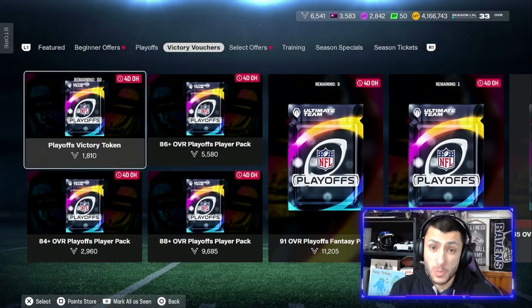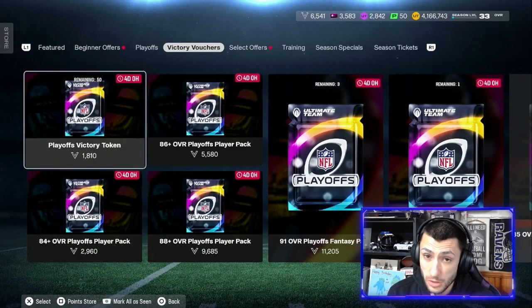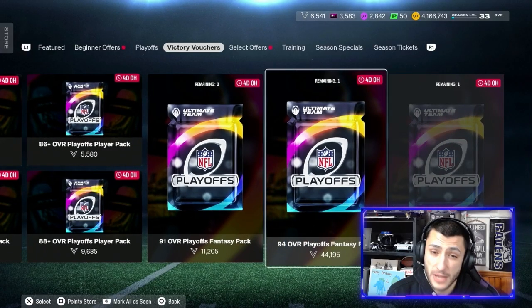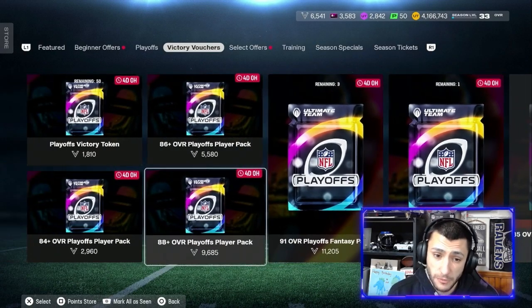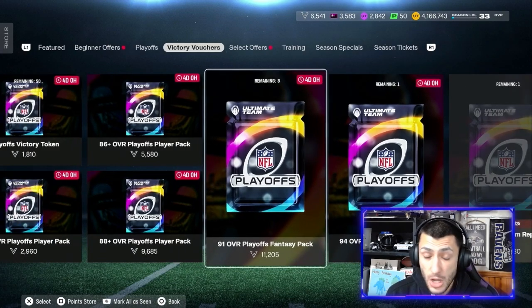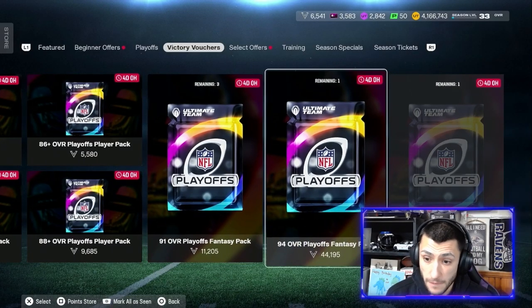We'll start off right here with what to do with your victory vouchers that you have left over from the playoff promo. There will likely be a coin conversion, or there should 100% be a coin conversion for what you have with your victory vouchers. So if you're not looking to waste them on these packs, $44,000 for a 94 is pretty expensive considering how hard it is to get some of these victory vouchers. So my recommendation right now, if you're not looking to get any of these players, if you chose the 94 B&D already or you don't want that, just hold your victory vouchers for now and see if you get a good coin conversion. It's likely going to be better than what you would get for a 94 playoff player right